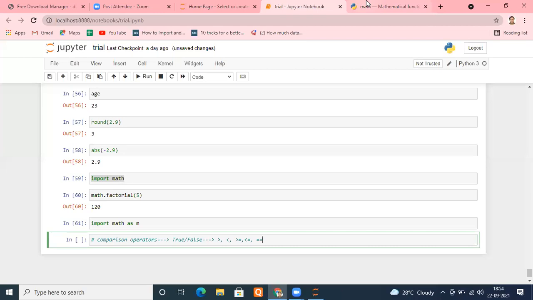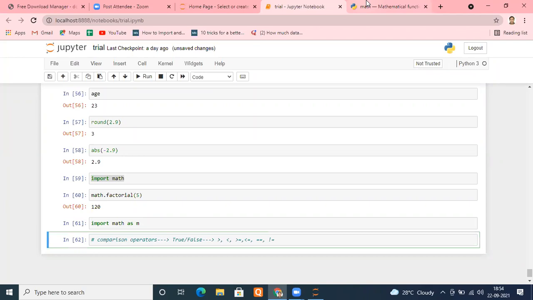And not equal to, this symbol just above the one on your keyboard. The symbol above the one key is accessed by pressing shift. That is not equal, and they will return true or false values.